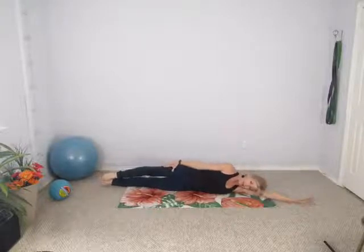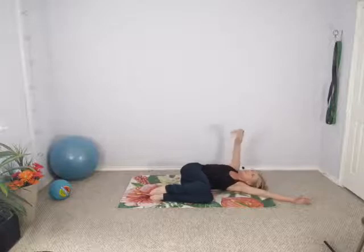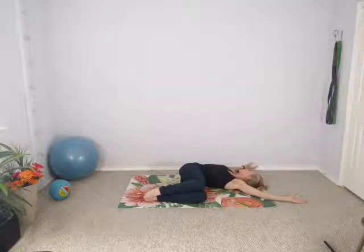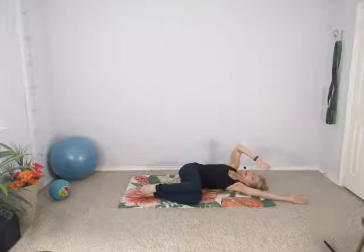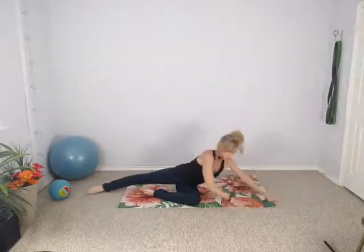And then release, and then bend your knees, slide them up towards you. Inhale, stretch your left arm up. And then exhale, breathe, turn to look over that back shoulder and just stretch. Good job. And then coming back around to the front, stretch that top leg out straight, push yourself up to